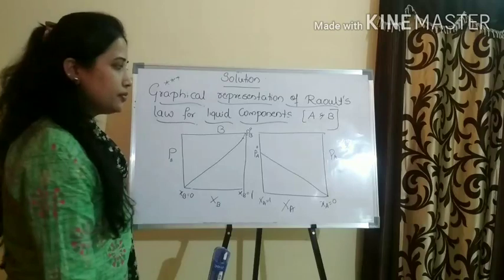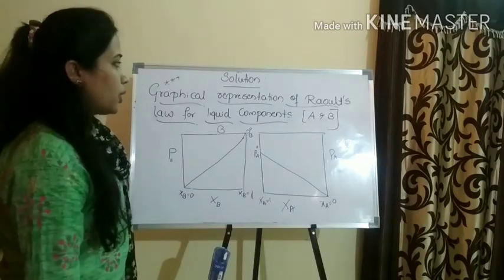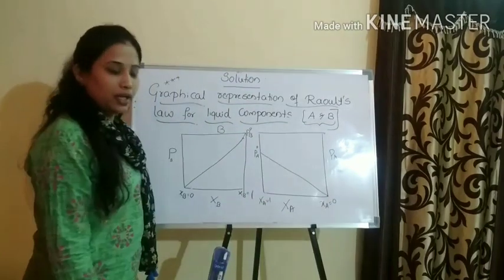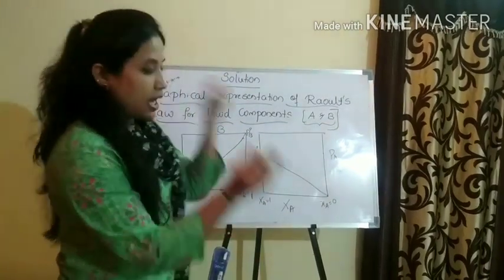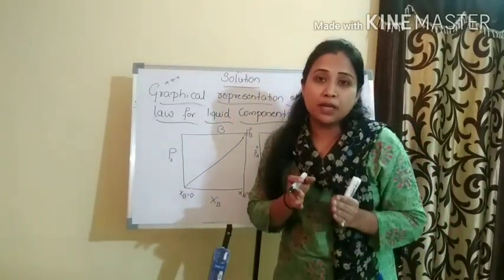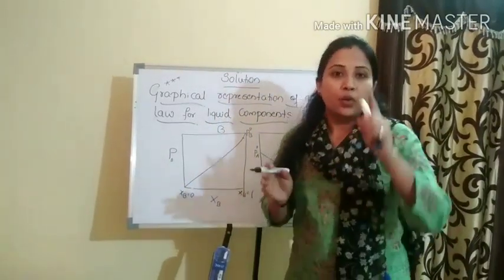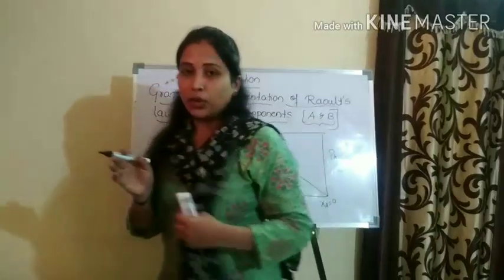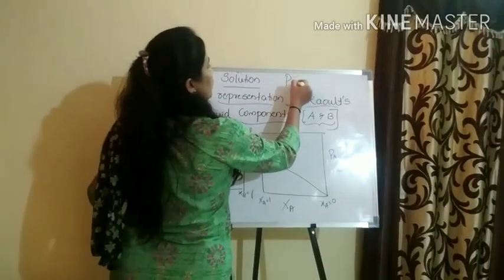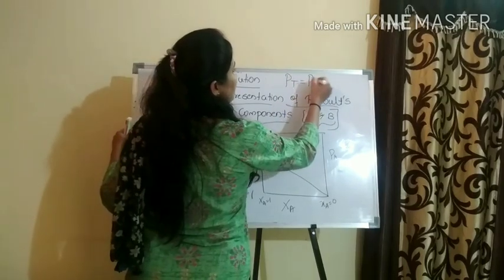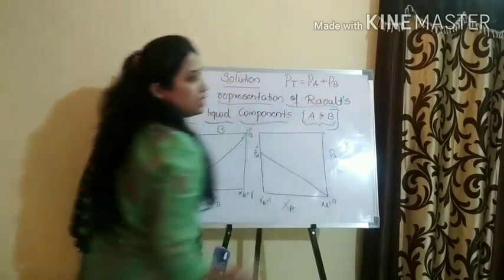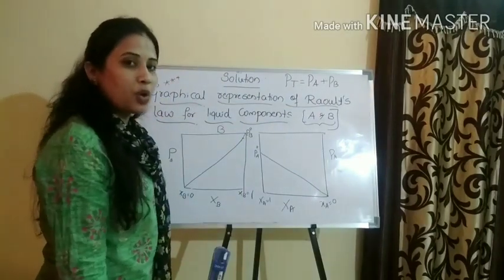Agree? Yes. Now what am I going to do? I am going to mix A and B. I am going to take the A component and mix that into the B component. So it will become the solution now. When the solution is created, we saw that P total, what was the P total? It is the sum of the partial pressure of A plus the partial pressure of B. That is how the total pressure is obtained.